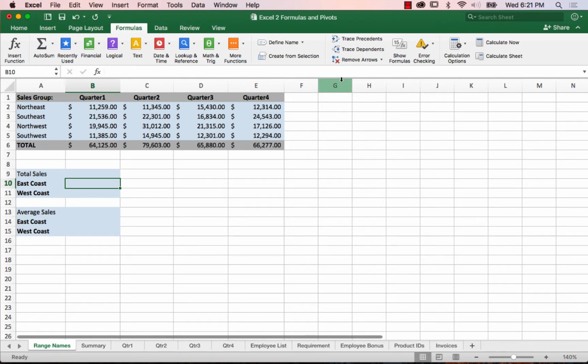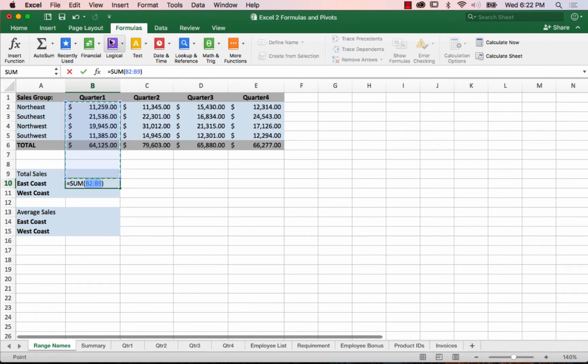With my cursor in the cell where I want to see my answer, I'm going to use the sum function. I'm already on the Formulas tab, so I'm just going to click on AutoSum. That creates a sum function, and Excel makes a guess about what data I want to add up. Okay, it's guessed the wrong data. Now, if I had not created a range name, I could go out and highlight the data. But because I thought ahead and created a range name,